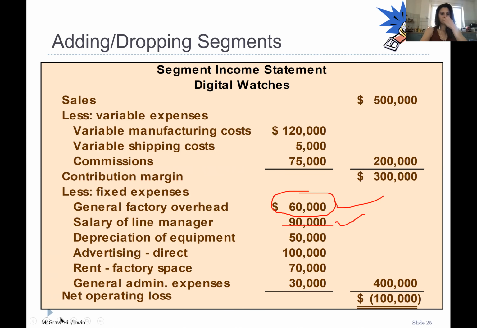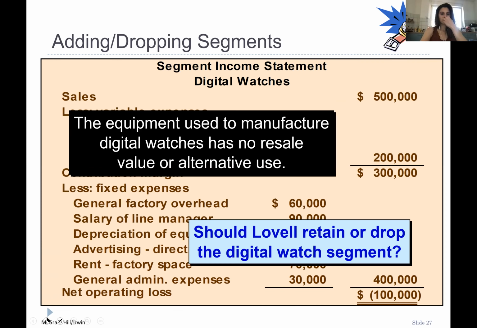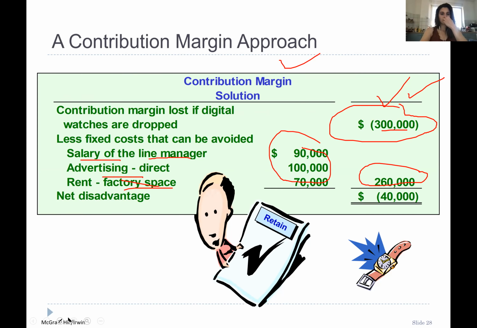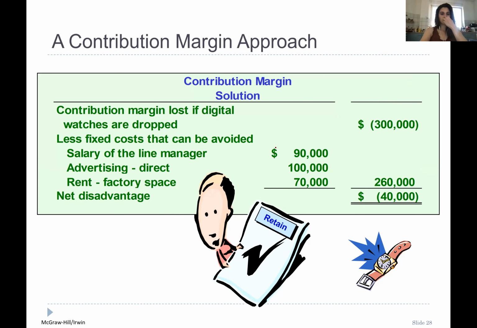By dropping this watch segment, we will lose this contribution margin. This is income, so that's why many students are confused about why there is a negative sign here. It is because if we are dropping it, then we are losing this contribution margin, so that's why this is a negative sign. So what we are gaining: the factory rent remains the same, right?